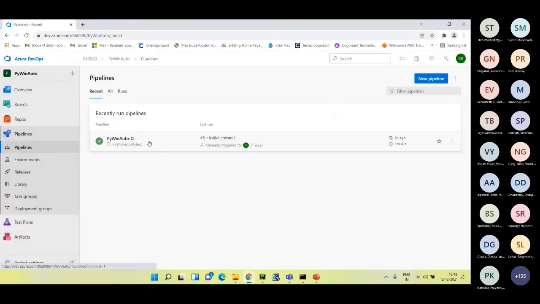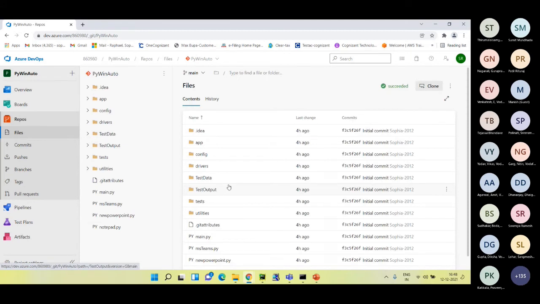Since we are running short of time, I'll show this particular project, which is right now on our systems. We had a use case where we had to integrate it with Azure. So we put the project in Git and imported it here.